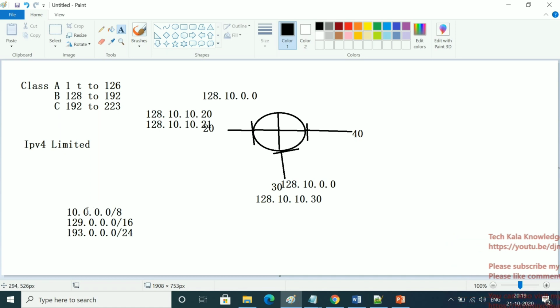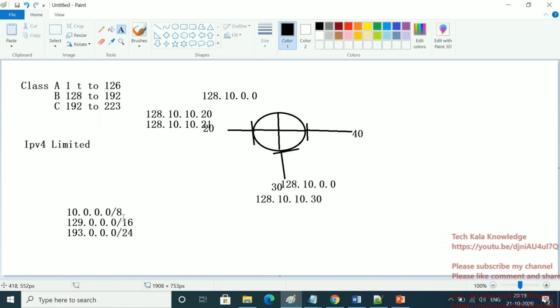When you purchase a network in a particular class, the subnet mask, the CIDR, will come by default. You can see this default is 8, 16, 24.